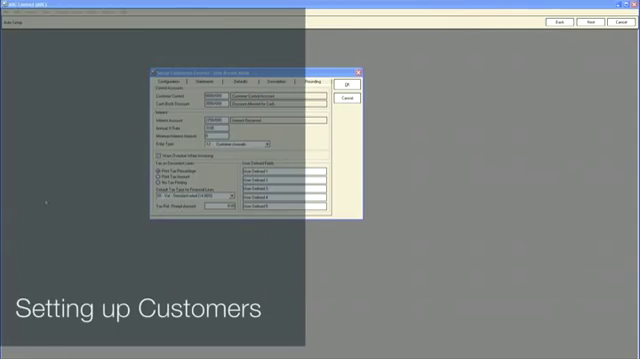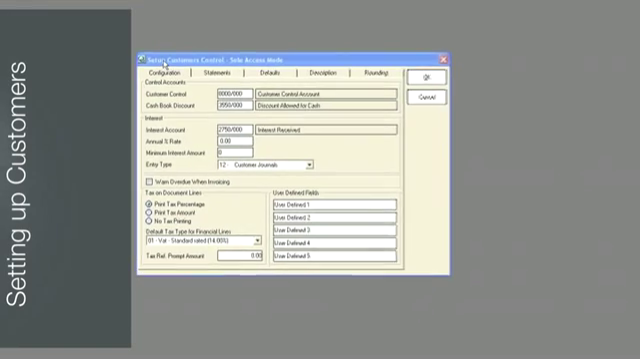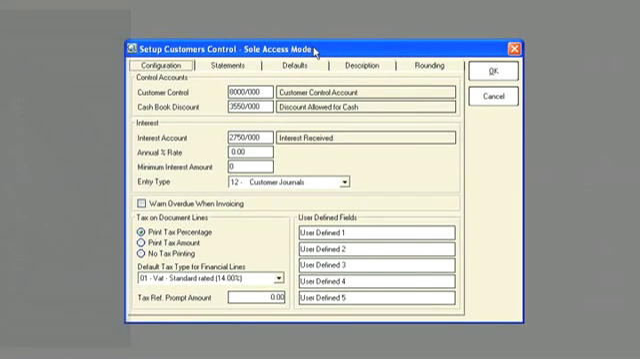Now that you have learned to edit the company parameters screen, created passwords, set up users, edited entry types, seen the flexibility of periods, and established the tax system for your business, you can move on to setting up your customers. Setting up customers. As you can see, an account number has been allocated for customer control, cash book discount, and